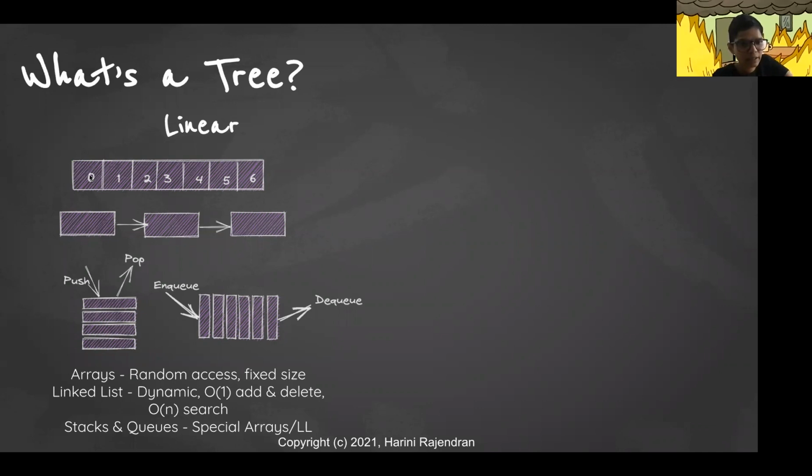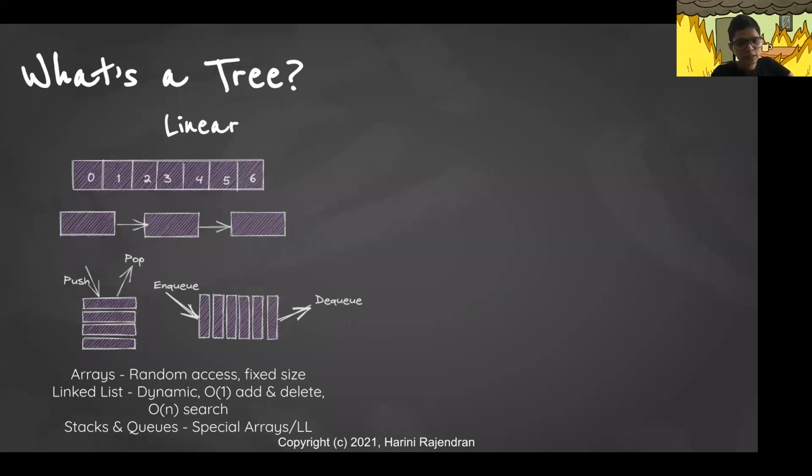For example, if you take arrays, you can start with 0 and keep going to the next element, and in one traversal you can traverse through the complete array. The same is applicable to lists. We can start from the head and keep going till the end of the list. And we can keep popping elements from the stack and traverse through the complete stack, and similarly with queues as well. So that's the reason why these are called linear data structures, because of the way the elements are arranged and how we can traverse through them linearly.